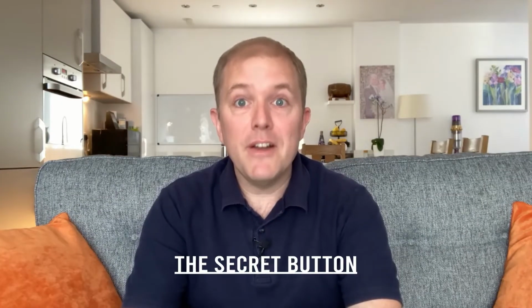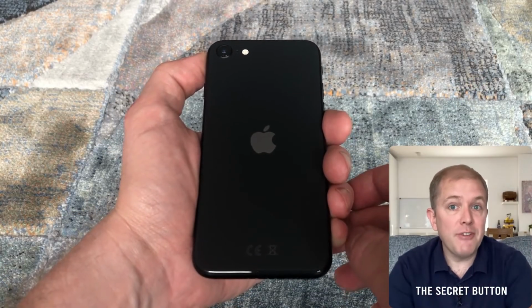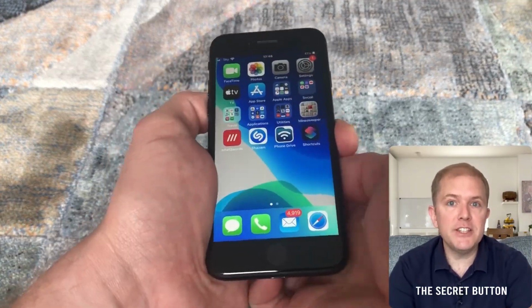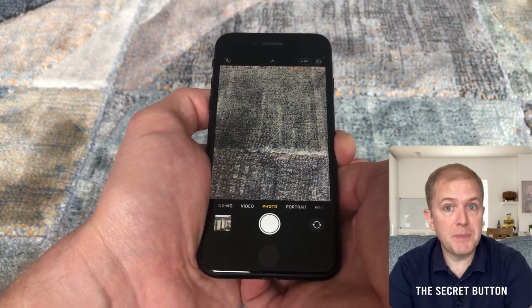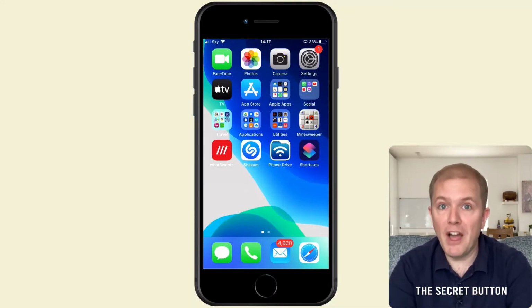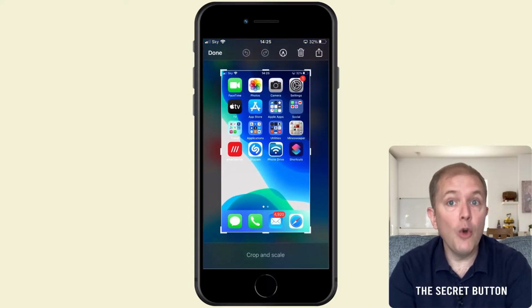So number 5, starting with the secret button, or tap function. The secret button, as it's become known, or tap function, was introduced with iOS 14 in 2020. The tap function uses a combination of hardware and software. By tapping the back of your iPhone, either with a double tap or triple tap, it turns into a giant touch-sensitive button that triggers a specific function of your choosing. This predefined list of functions includes, among other things, opening your camera app, taking a screenshot, or even opening Siri,